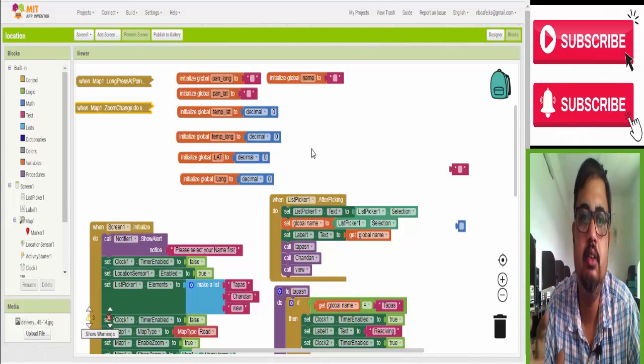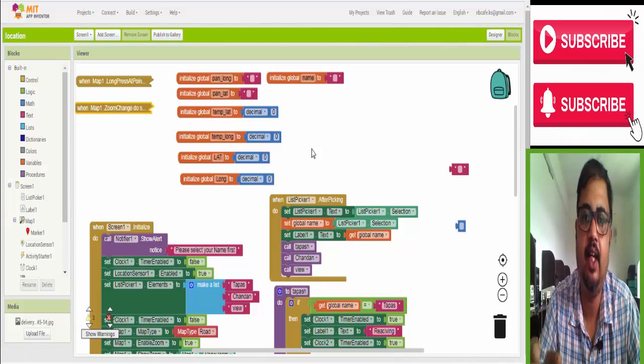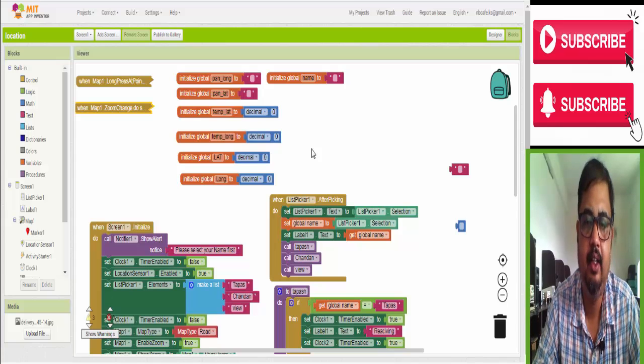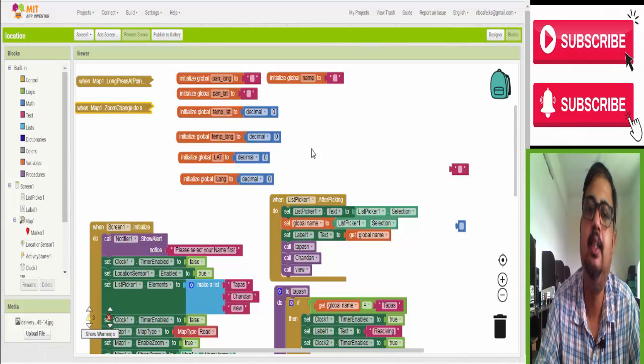See, don't be afraid or think like that, "I will not remember everything. How can I build that by watching the YouTube video only?" No, you just take a guide. Every block picture, every block has to be given on my website. I'll give the link of the website in my description also. So don't hesitate or be afraid to build that app.